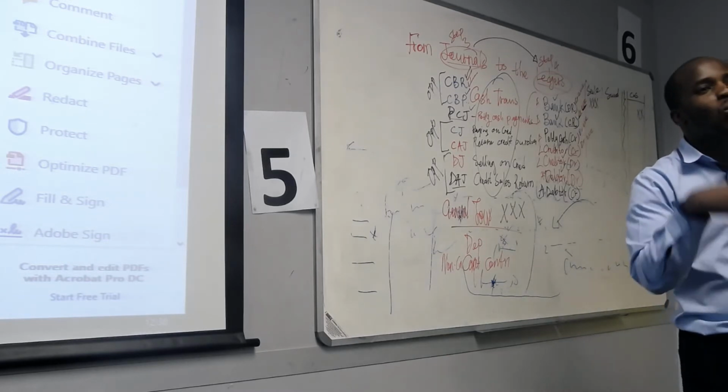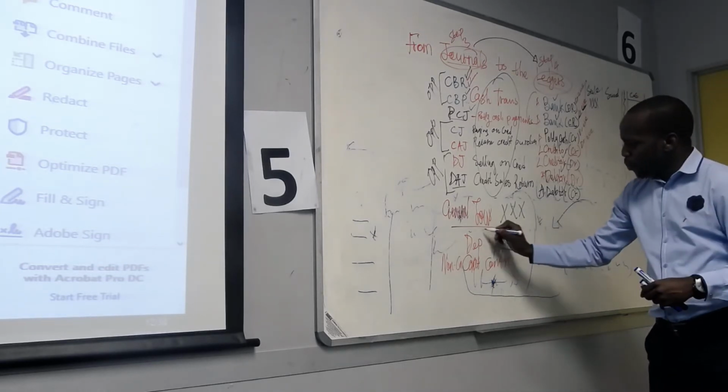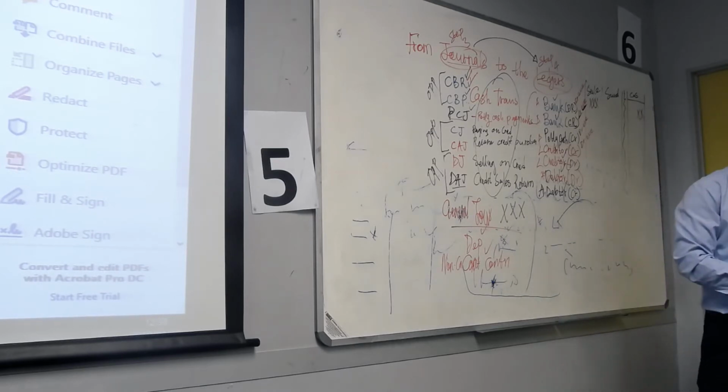Non-cash capital contributions. The owner gave us a lounge suite. The owner gave us a vehicle. The owner gave us land. All those are non-cash capital contributions. Every time the owner is giving us anything, we credit capital and debit whatever we are receiving. Correct? Then, after non-cash capital contributions, what else?